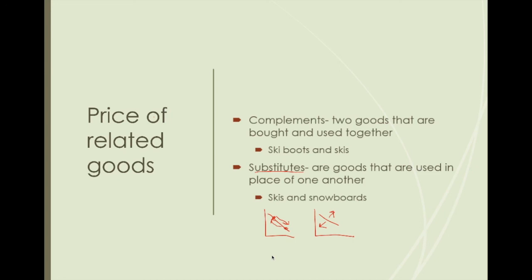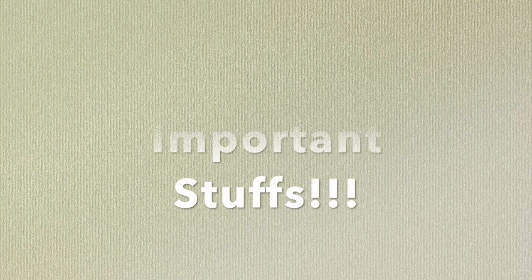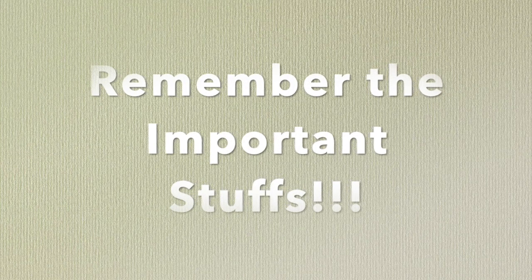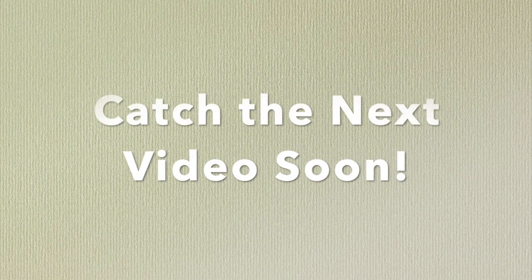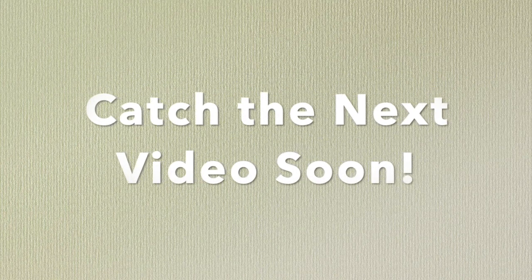So basically, sometimes the price of a related good can inadvertently affect either a complement good or a substitute good without a change in that price ever occurring. So that is what causes a curve to shift. So you got to remember the important concepts. So always remember Ceteris Paribus, and always remember that a curve basically never stays where it is.